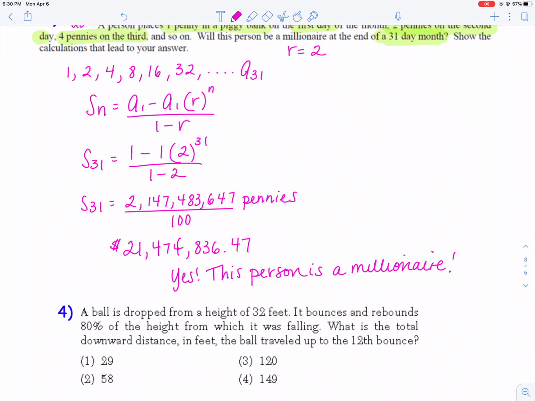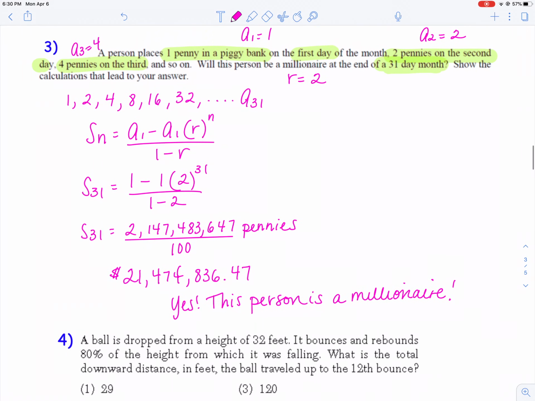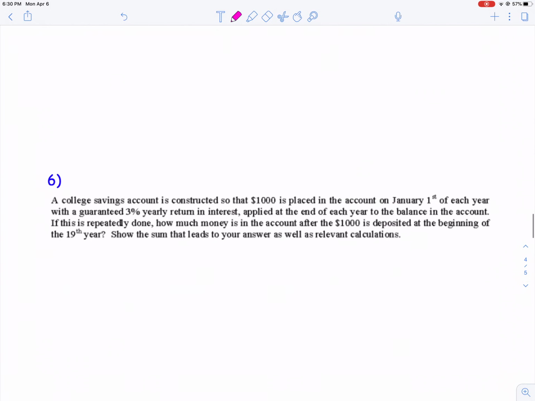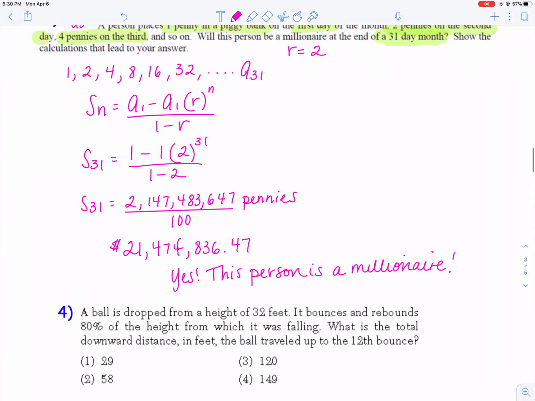Okay, I am going to stop there. Lucy needs me. You guys are going to try to do the next few, 4, 5, 6, and 7, on your own. I will post the answer key. Okay, have a good